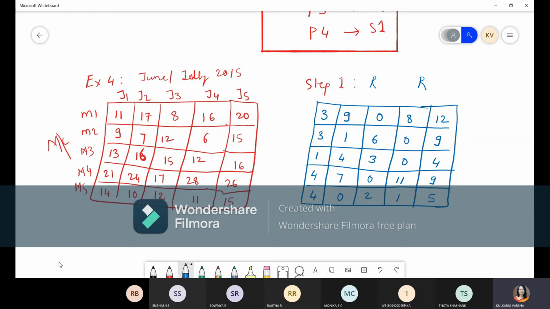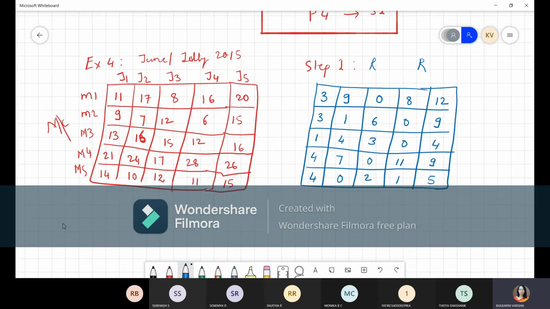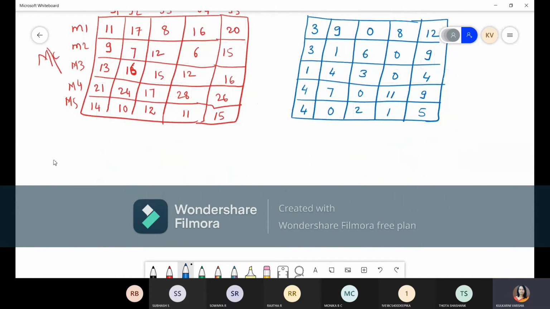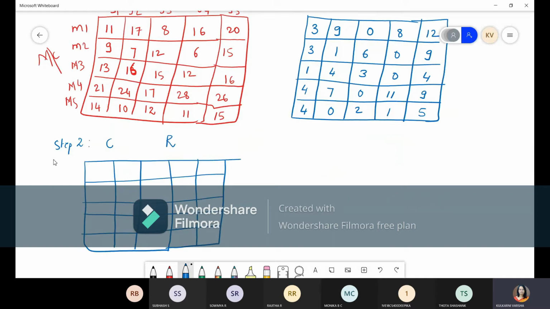Now our next step is column reduction. So going for step 2, column reduction. We'll do the column reduction on the previous matrix, which we got after row reduction.